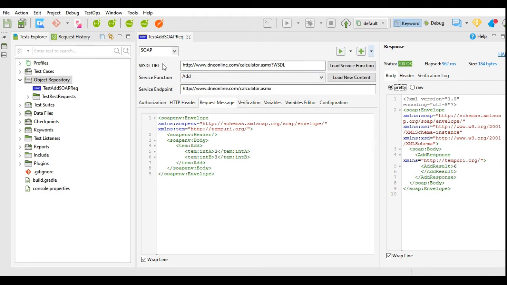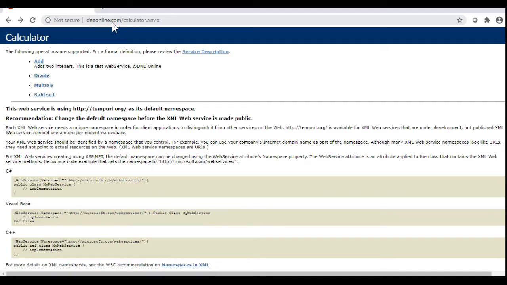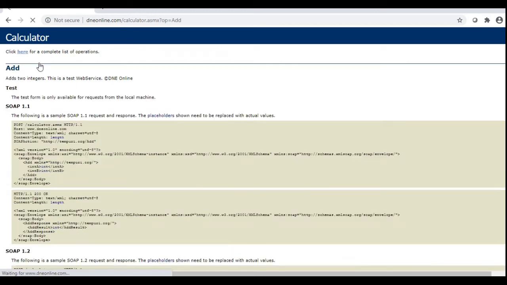In this SOAP request, if you see the service endpoint, this URL is the same as what we have seen in the dneonline.com website. If we click on this add request, it gives the same URL that we have seen in the endpoint. Just here, there is the parameter by giving the question mark op equal to add. Op, operation, is equal to add.